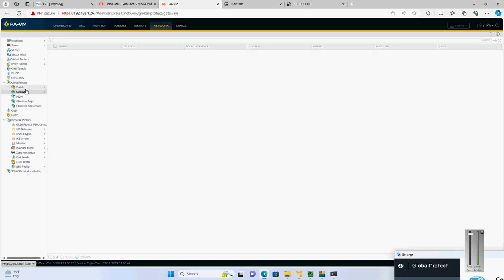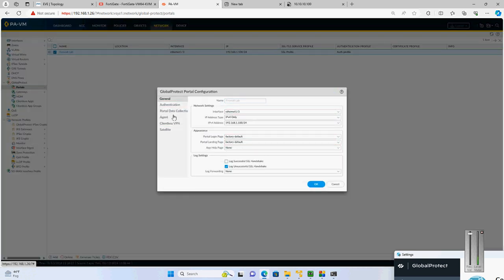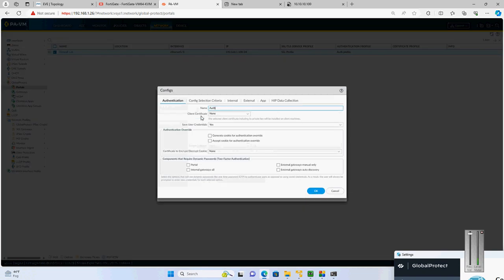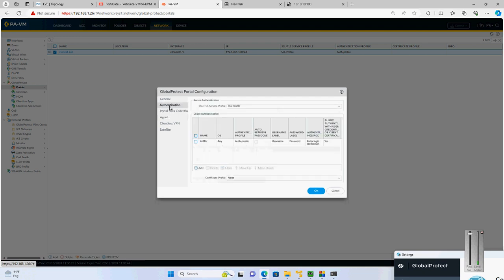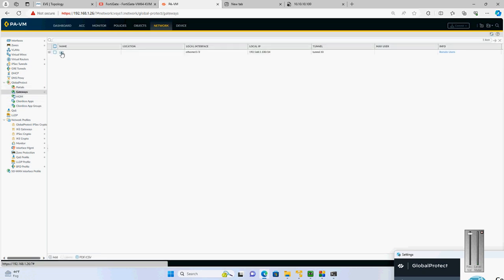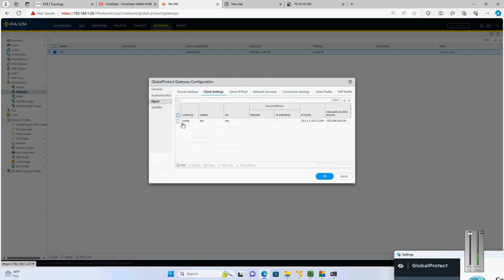portal again, and go to the firewall, and see the agent, and click on external, and here, okay, one second. I think I need to go to the gateway, and from the gateway I need to go to the agent. Yeah, here I'm getting the option. I need to go to the client settings, and here